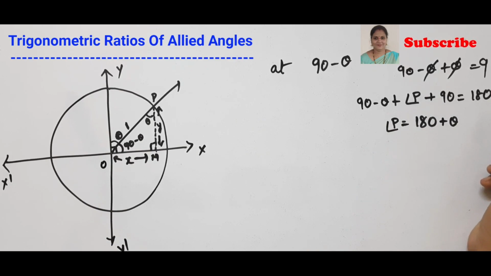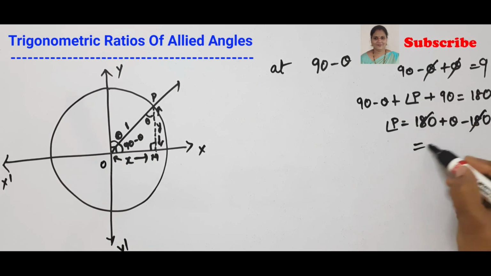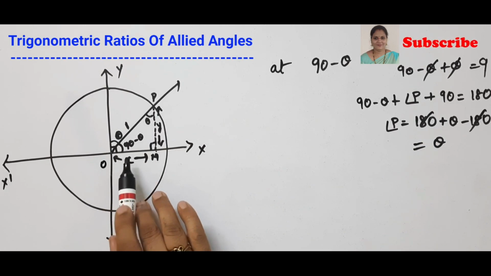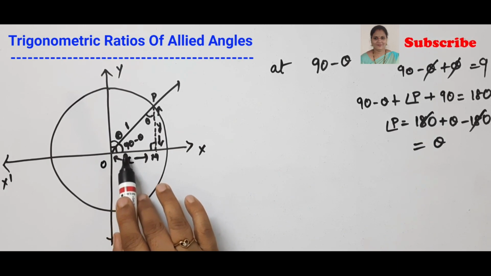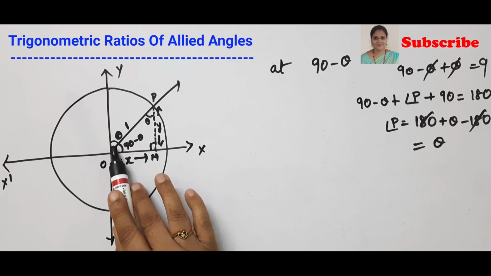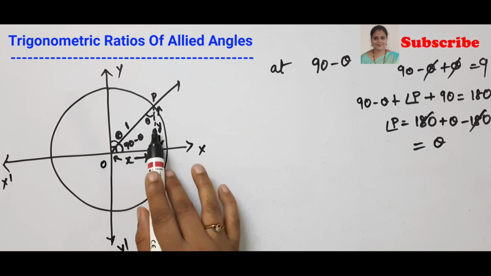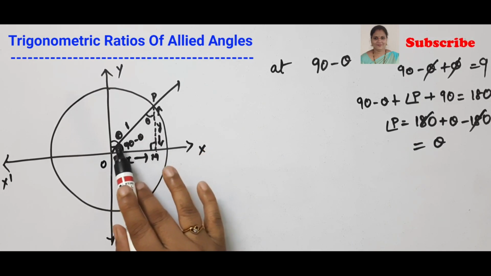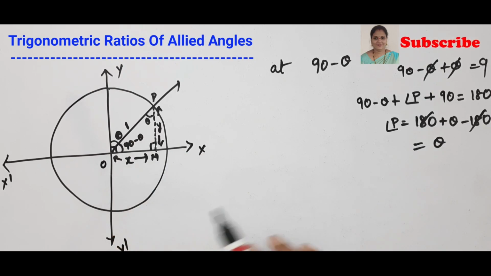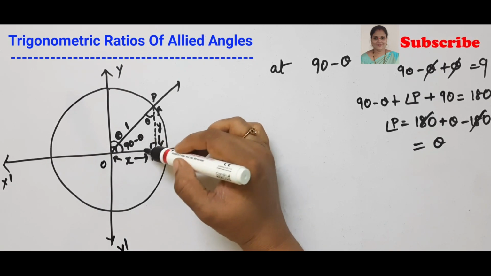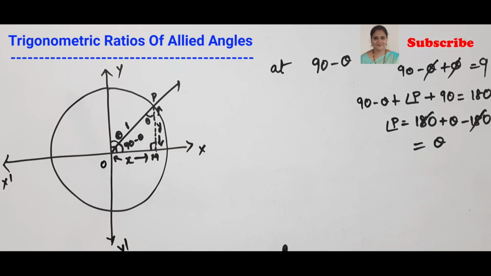When it comes to the RHS, it becomes minus 180. So this cancels, you will get theta. In this way also you can get this angle. I just use the logic that if this is 90 minus theta, this will be theta. Either you can get the angle of P in this way, or if not, you can use the properties of triangle and get the value at P. So now we got 3 angles. Now let us start calculating the trigonometric ratios for this triangle.